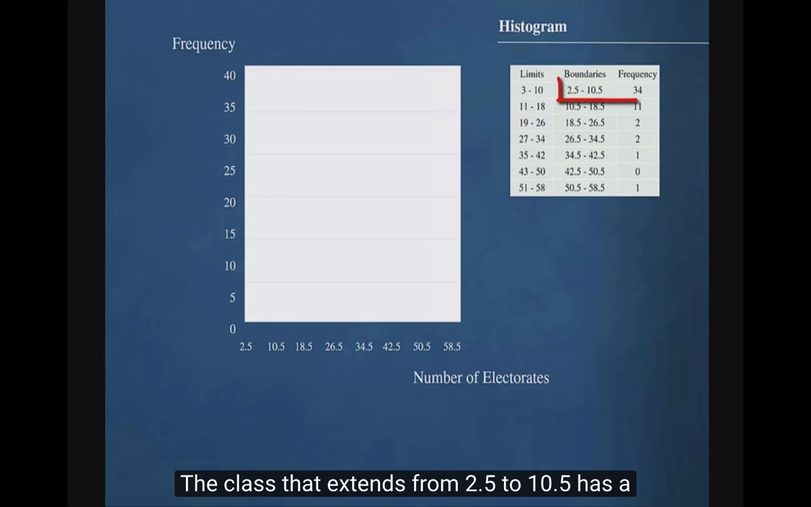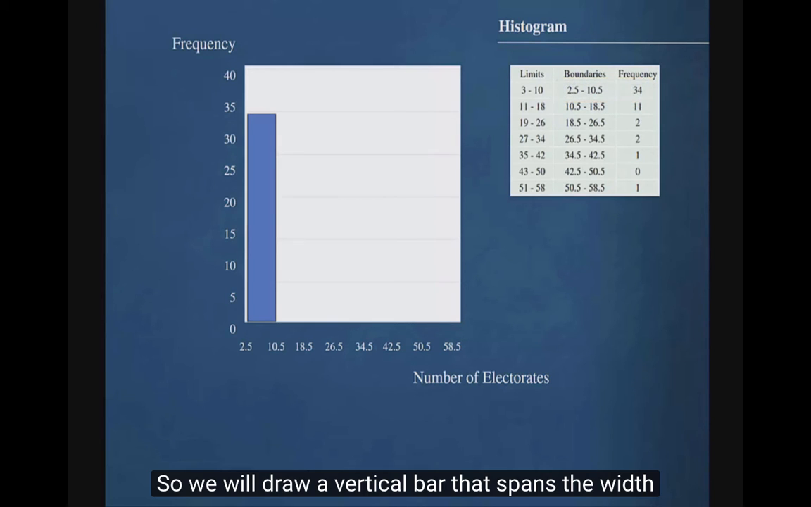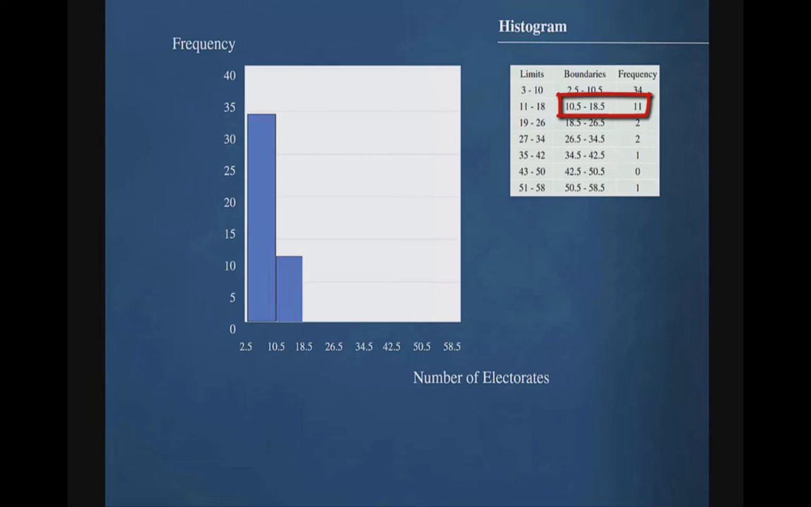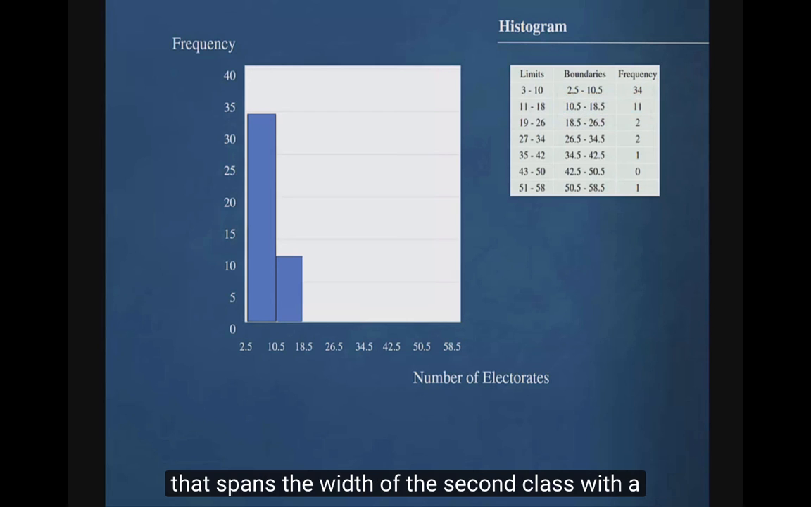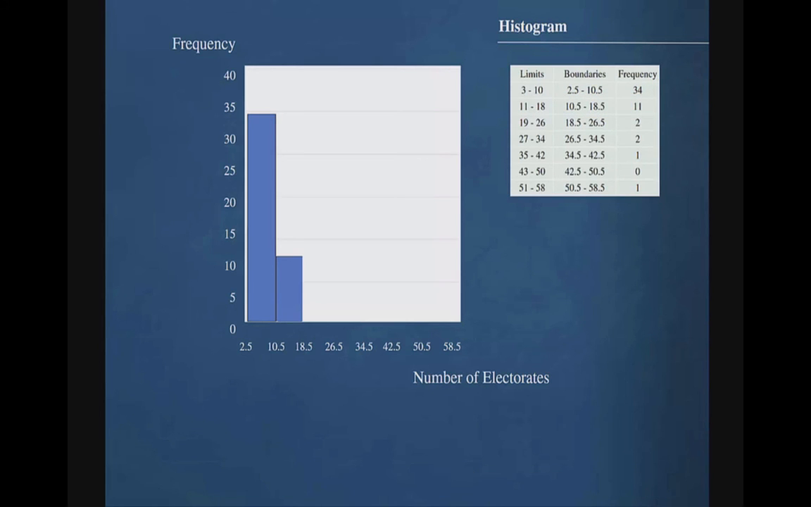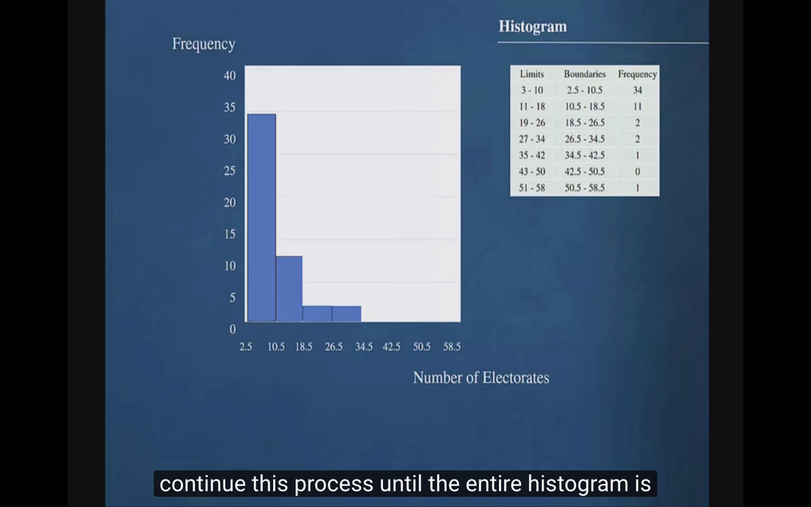The class that extends from 2.5 to 10.5 has a frequency of 34. So we will draw a vertical bar that spans the width of the first class with the height of 34. The second class has a frequency of 11. So we will draw an adjacent contiguous vertical bar that spans the width of the second class with the height of 11. The third class has a frequency of 2, so we will continue this process until the entire histogram